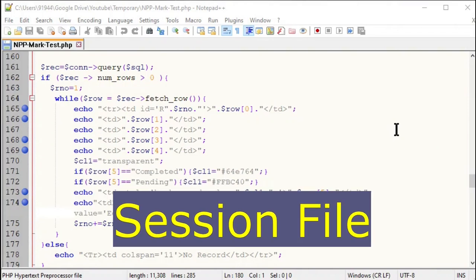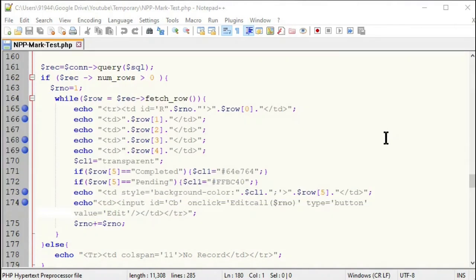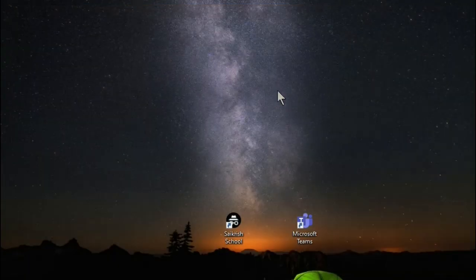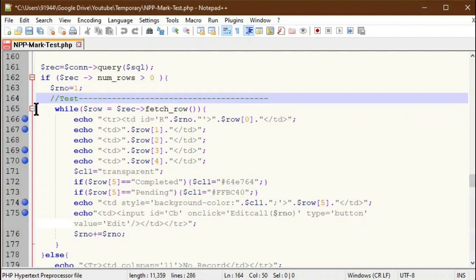Okay, now you want to save this environment, that is with the bookmark, you want to open it next time, then you have to use a session. Without saving this file, I am just closing my application. Again, you open that application, then you can see the bookmarks are retained. This is the session. Notepad++ by default will save it and show it in the next launch.